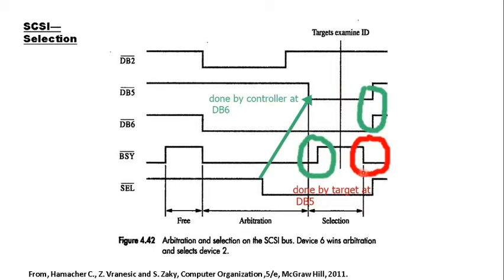Okay, so this part of the BC getting depressed or BC getting activated is done by our target, DB5. Once the BC is depressed by DB5, whatever the master does is it will take away its address, that is DB6, as well as the address of DB5 from the DB bus. So there are quite a lot of things going on here.